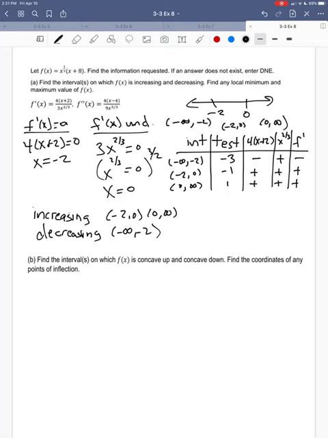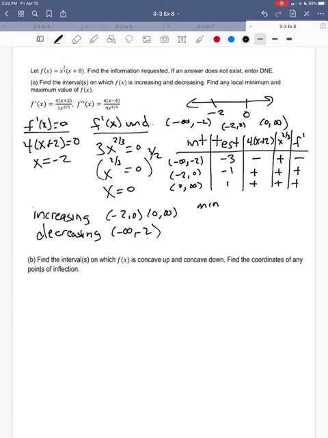Now, if I'm looking for minimum and maximum values, it's decreasing from negative infinity to negative 2, and then it changes to increasing from negative 2 to 0 and 0 to infinity. So if it changes from decreasing to increasing, that's a local minimum. It never changes from increasing to decreasing, so there's no local maximum. So I'm going to have a minimum